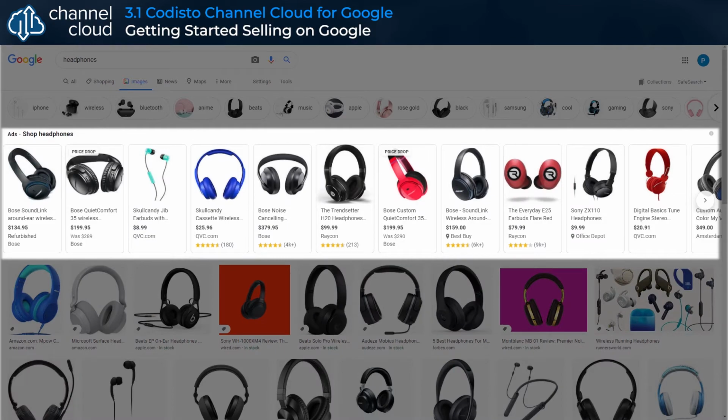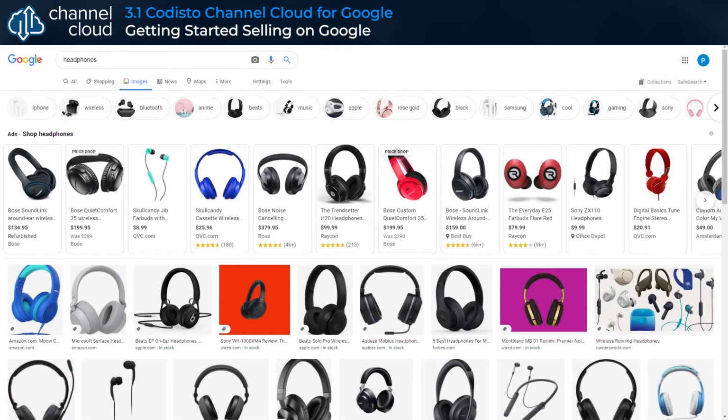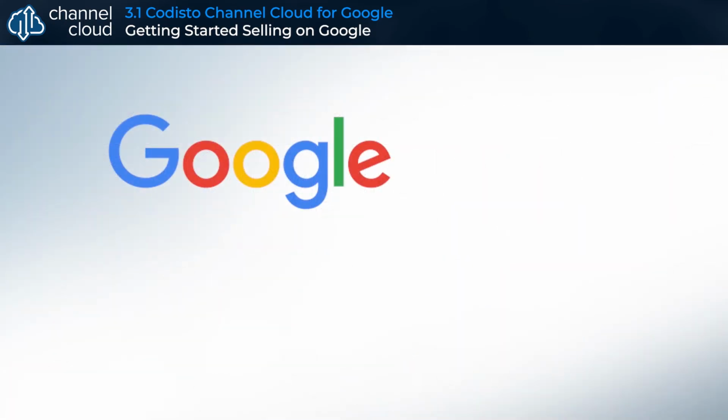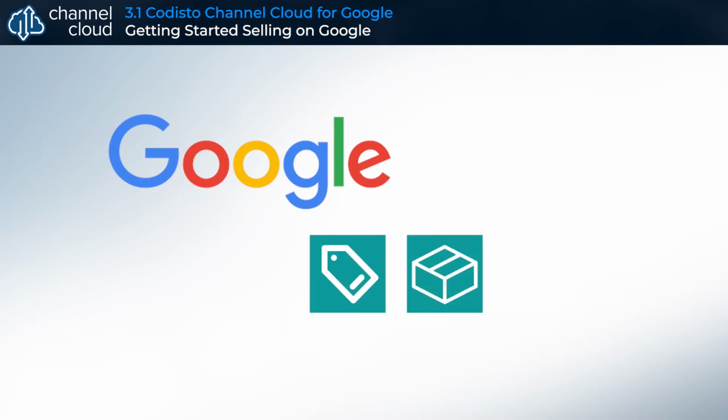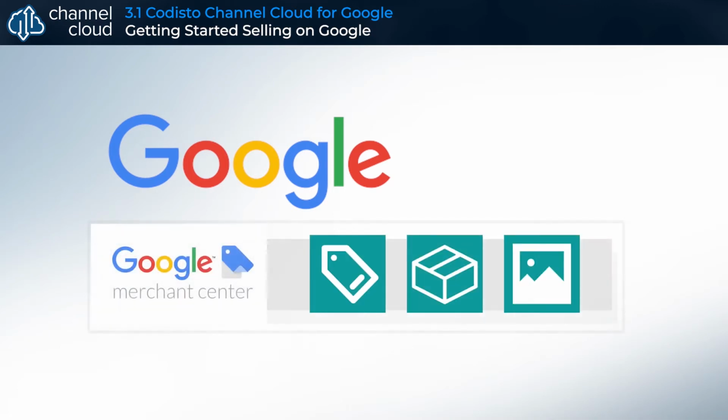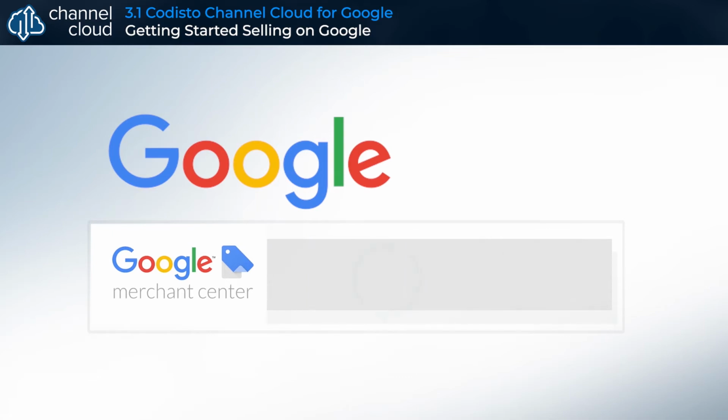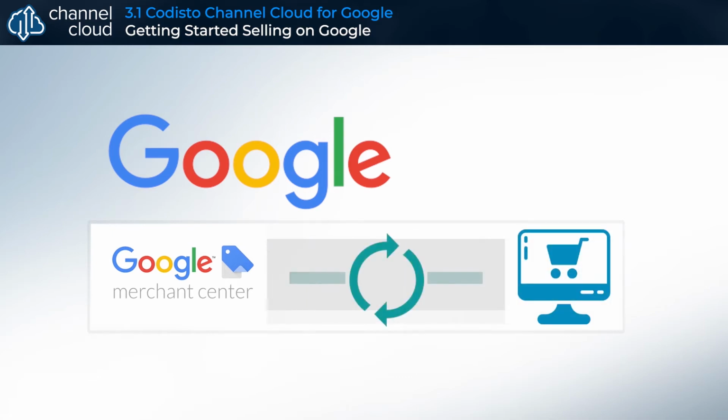In order to showcase your products using either type, Google needs to have up-to-date and verified product data, such as pricing, inventory, and product images. This data is stored in Google Merchant Center. When you connect to Google with Channel Cloud using a free Google account, such as Gmail, Channel Cloud automatically creates a Google Merchant Center account and syncs your existing product catalog data from your online store. Once in Merchant Center, your products are available for Google to display on its surfaces anytime they are considered relevant